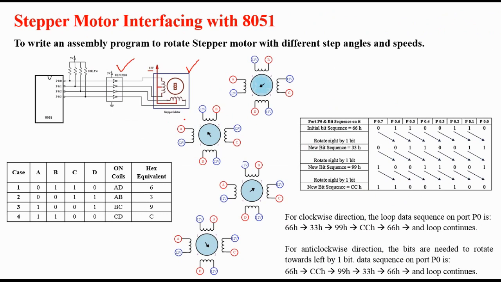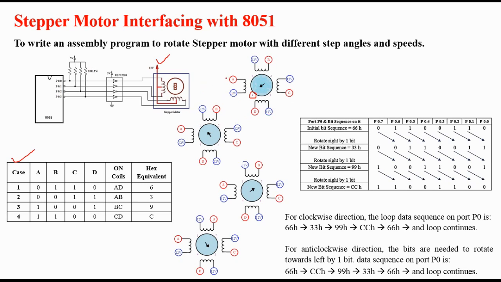Now, how to rotate that stepper motor? Which signal pattern should we send in order to make that motor on and off? For that, there is a table that we have derived. Now let's say initially we want our shaft, meaning this motor's shaft, to come at this place, at the 4th place. For that purpose, the common terminal is tied to 12 volt, meaning this particular point.